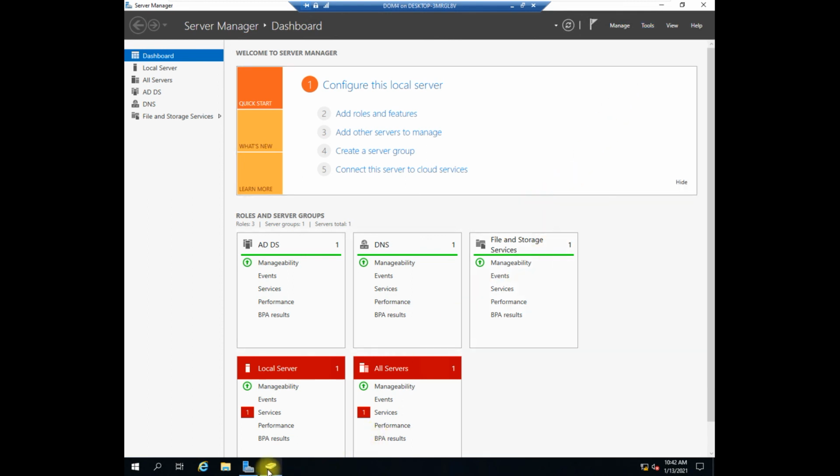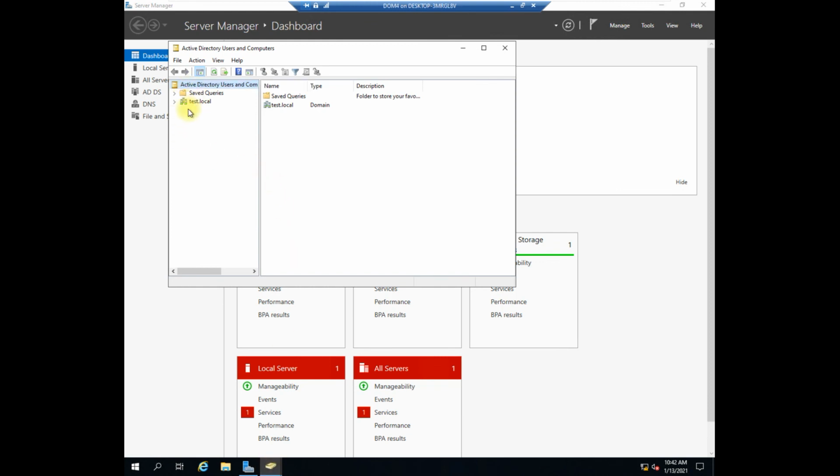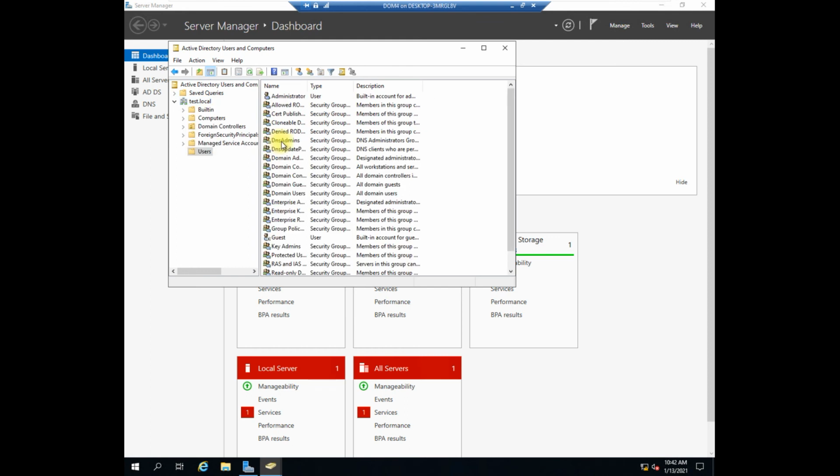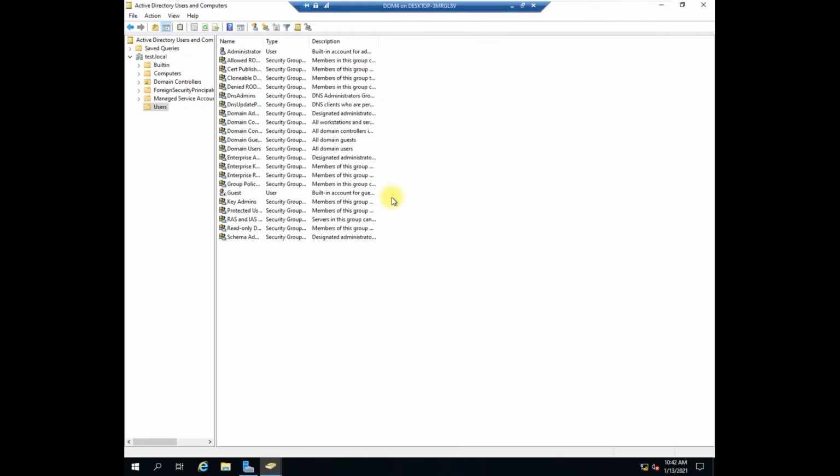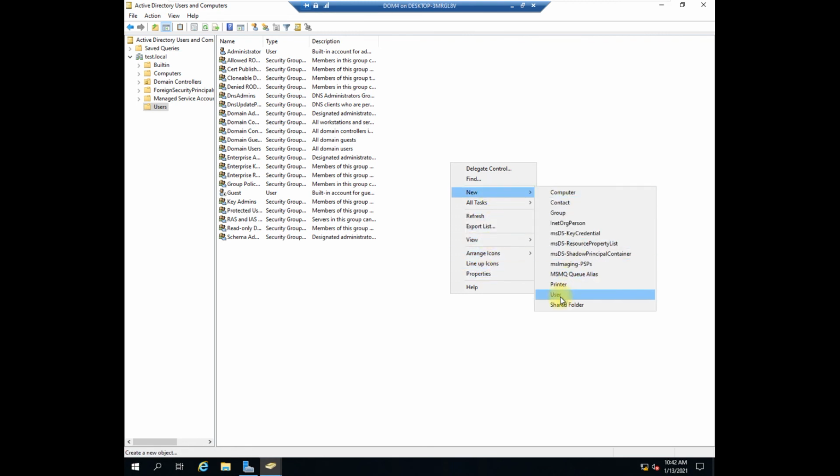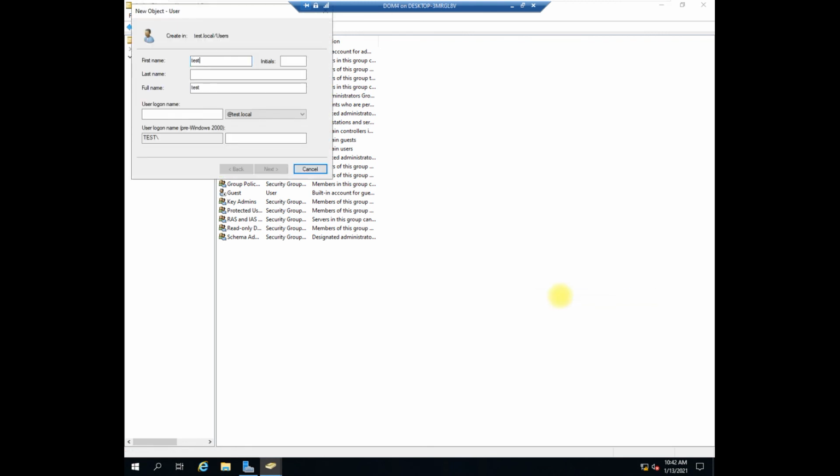We simply have to go to this Users section, and if we want to create any new user, we can create one. I'm taking test as the first name, test as the last name, user test1. Okay, and then I'll go to the next section. Any password, I'll define it, test@123. Never expire. Whatever features you want, you can define them over here, then go to next and then finish.